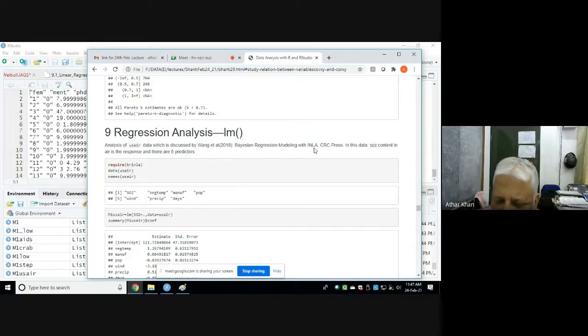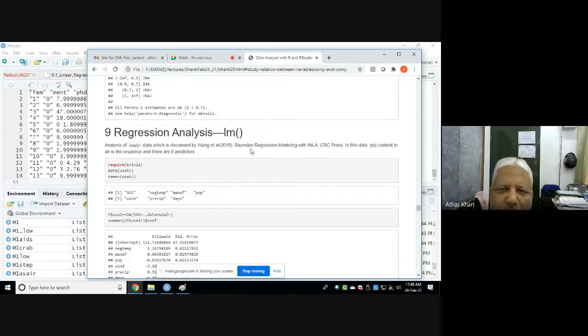J.K. Ghosh, who is no more now, was ex-director of ISI. He also contributed in the field of Laplace approximation, and he says it is a small sample asymptotics. If your data is very small, even then it works well, although theoretically it is good for large samples. So INLA is a package which is very good for big data analytics, and it is an excellent package.